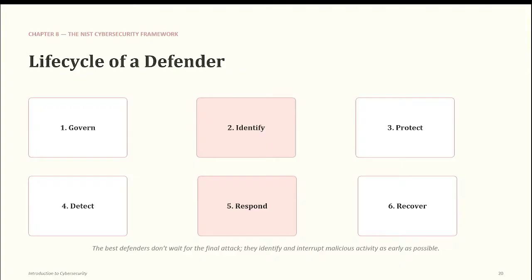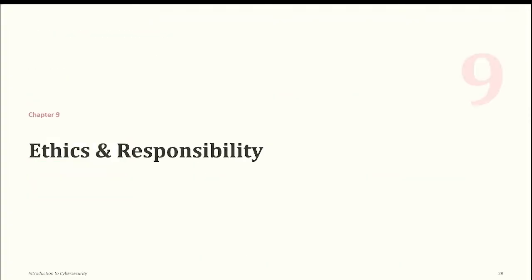Is it clear? Responding in such a way that, if an attacker gets access to this system, maybe a malware, and this particular system is being affected, what you do is isolate it from the network so it won't spread. Right? After you isolate, then you recover, coming back to resilience, coming back to operation like nothing happened. Is it clear? Then, moving on, ethics and responsibilities of a cybersecurity professional.